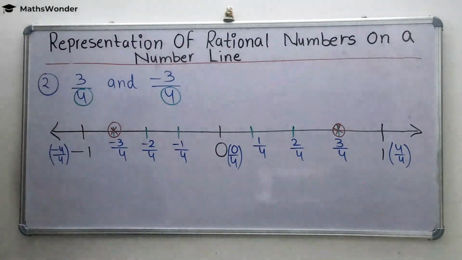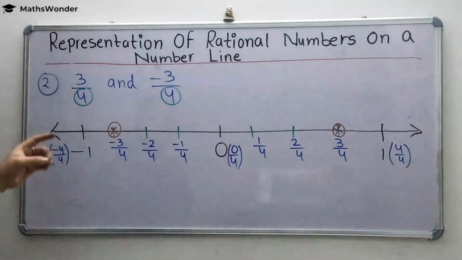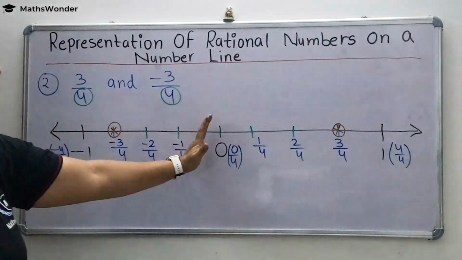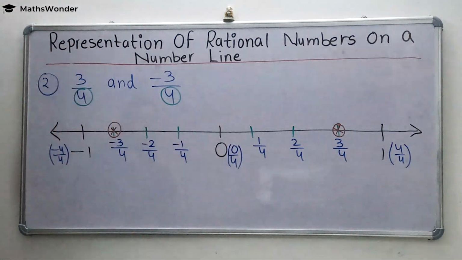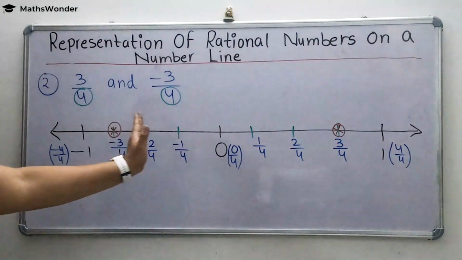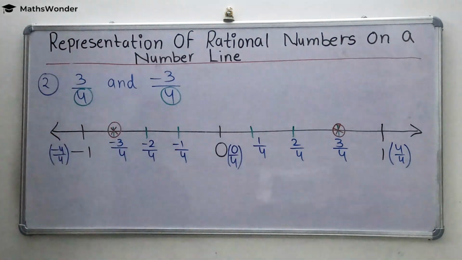We can represent both on the same number line. If the question gives only 3 over 4, then you will not draw this part. You draw only 0 to 1. If the question gives negative 3 over 4 to represent on the number line, then you will draw only 0 and negative 1. Don't draw the 0, 1. No need. So whatever rational number you have to represent on the number line, you just draw this one. So always remember, for the